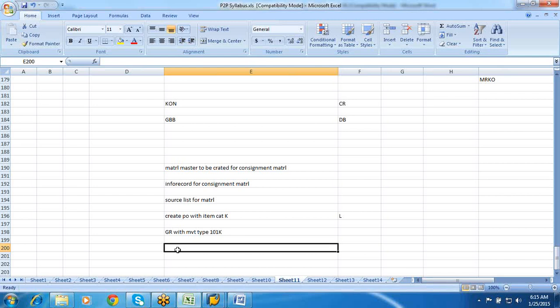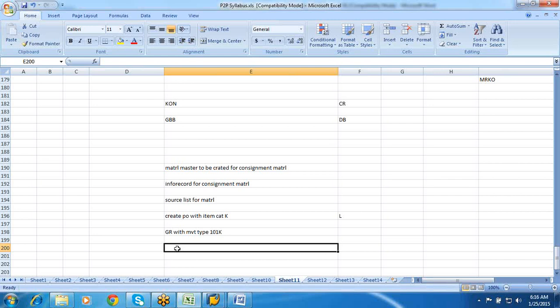Later, if required, we can transfer it to our own storage location. This is an additional step. The transfer posting of your consignment stock to your own stock will be done by 411K.